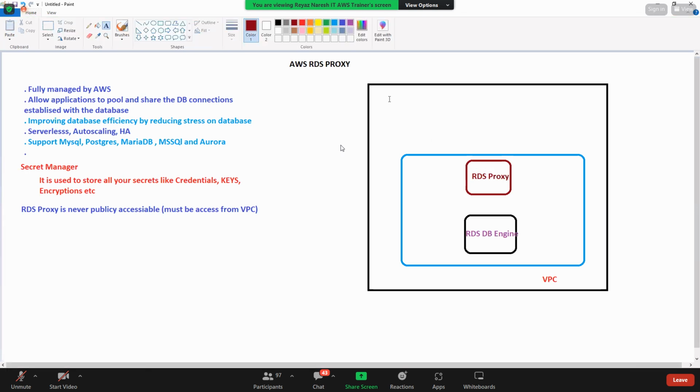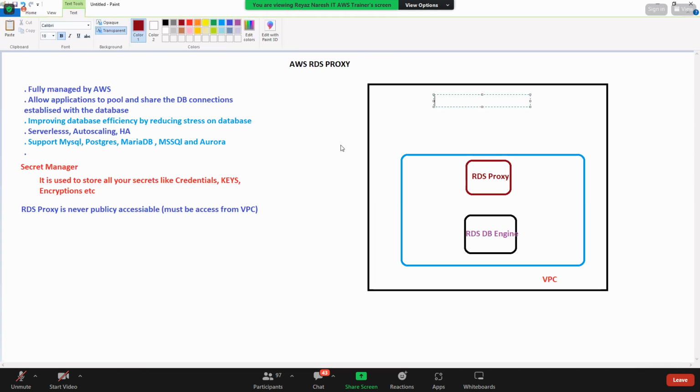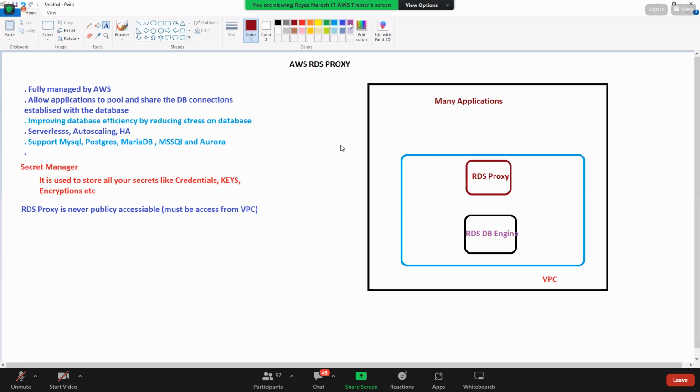And then you have applications here. Many applications, right? You have so many applications and so many connections like this.